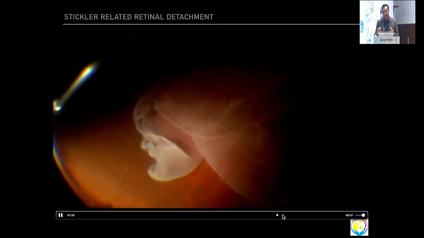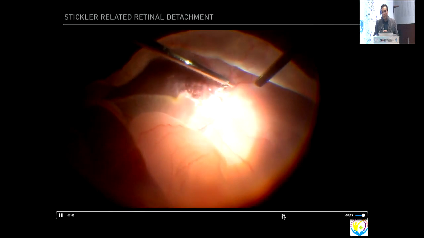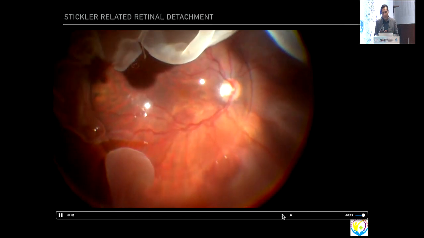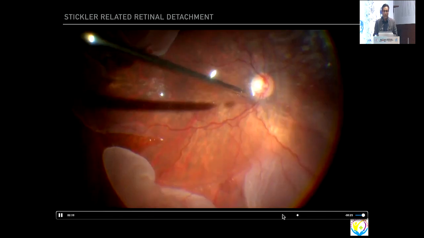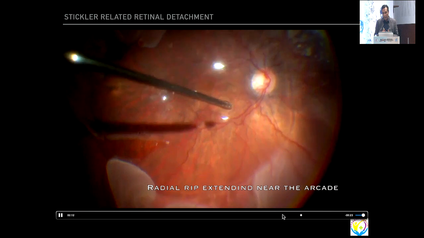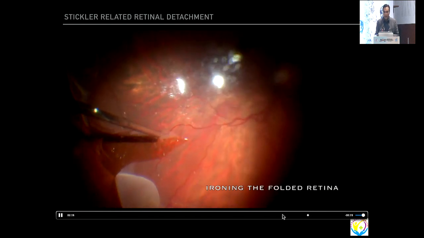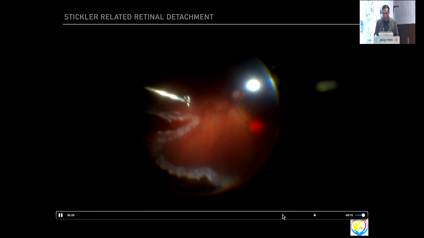The third video of Stickler is because there are radial lattices and you can get GRTs with radial rips here. The whole surgery is as you do a routine GRT, but the important thing to remember is that these radial rip areas are very prone to the PFCL going into the subretinal space. You have to be very careful in these areas especially,